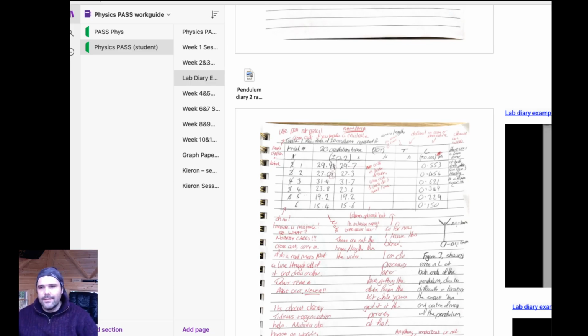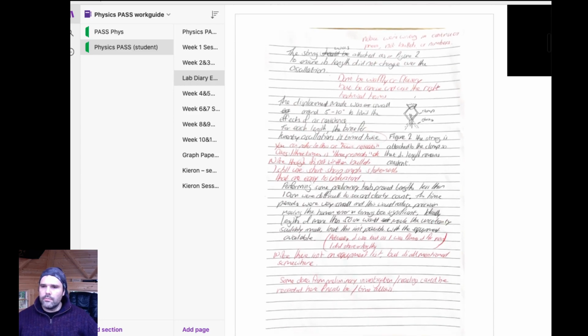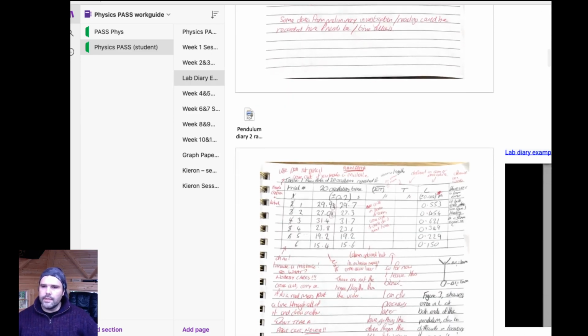That comes next, and it's great if you can do it. And if you've got it in Excel, why not have that check the values for you? But you've still got to put all of the calculations and everything in. Okay, so if you have typed this up, not a problem. But it still is a lab diary. It still needs to follow all the same rules as the lab diary, and it's got to be effectively done